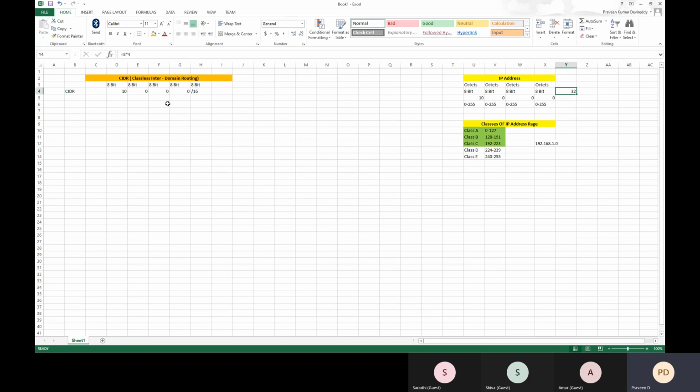If we say /16, first is 8, second is 8, so total 16. Out of 32, I am saying that the first 8 plus second 8, total 16, should be reserved for networking.